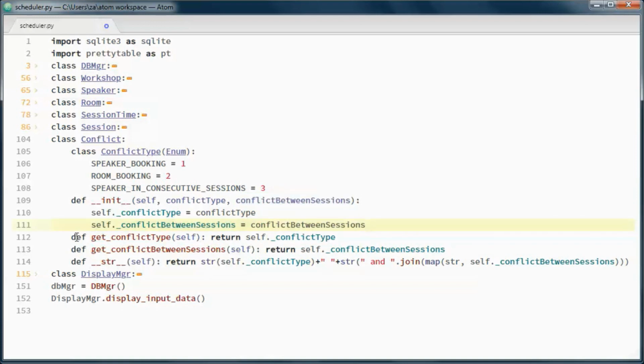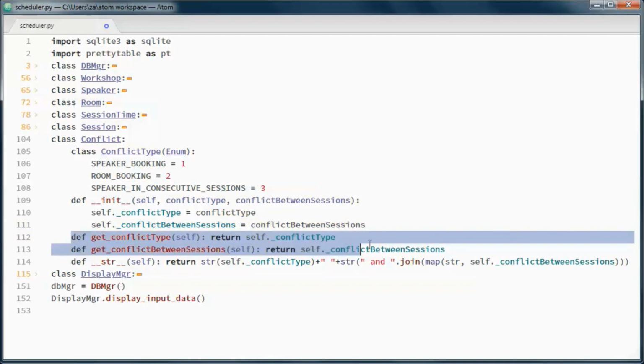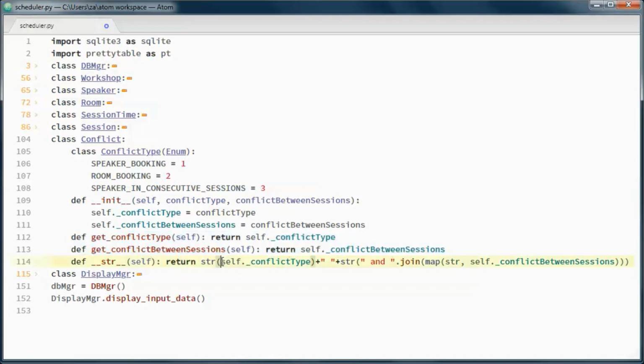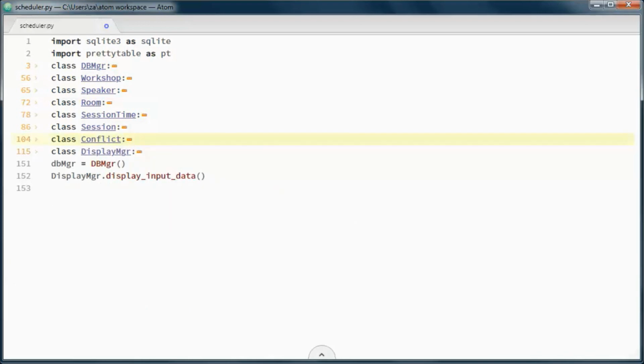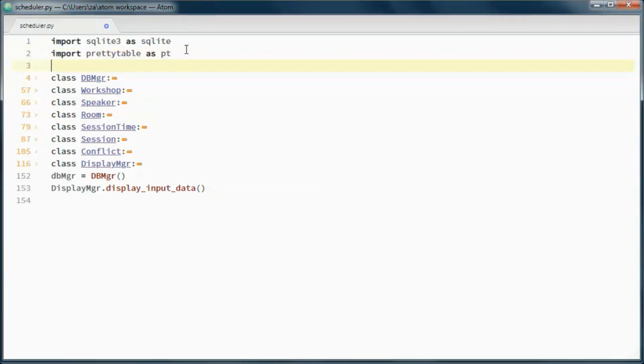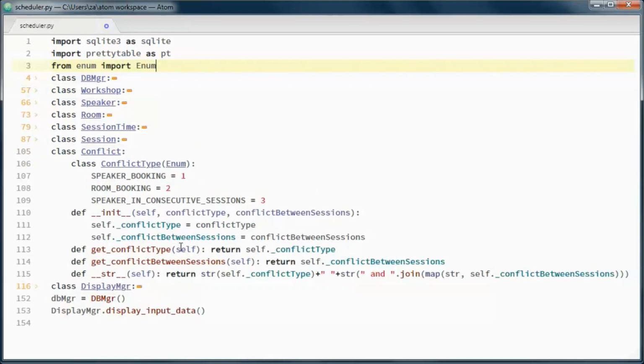And we have get methods for those two, and the toString method will return a string representation of the conflict type and the sessions that this conflict is in between. And we need to import this here, since we're using it here.